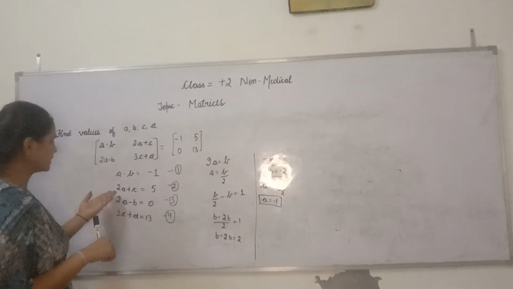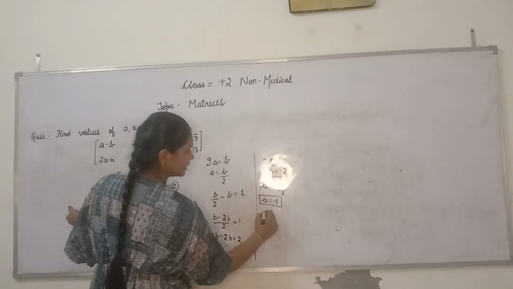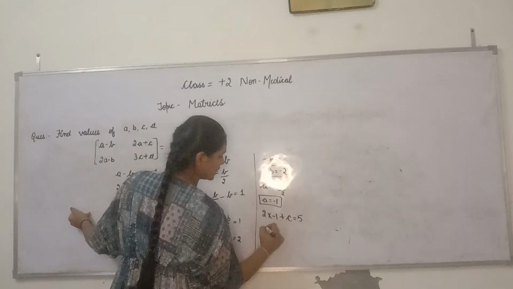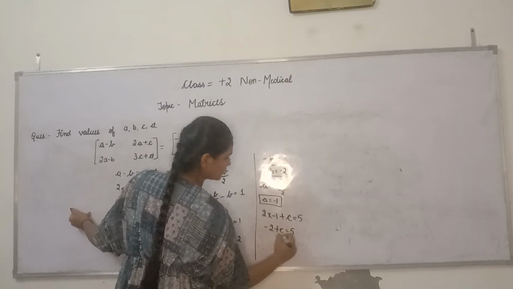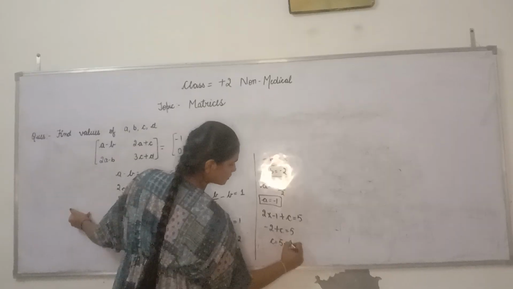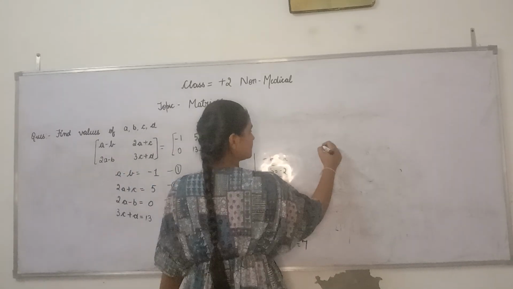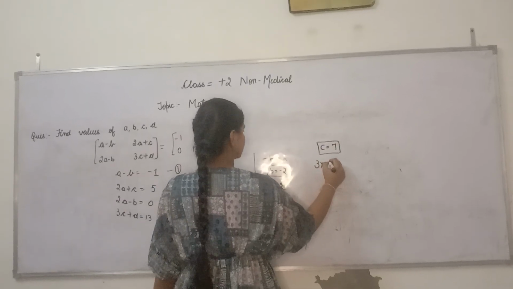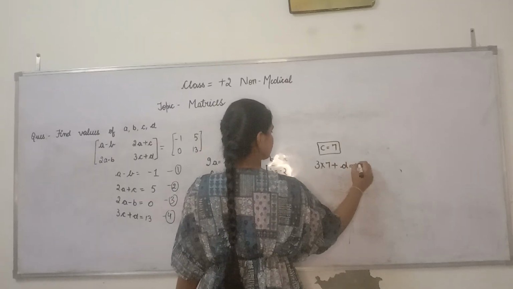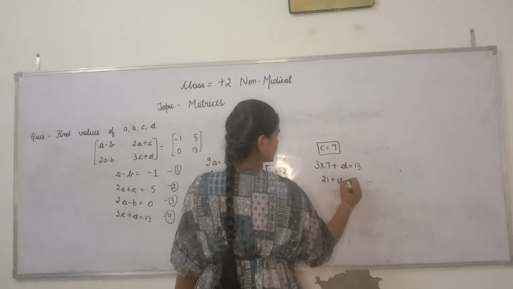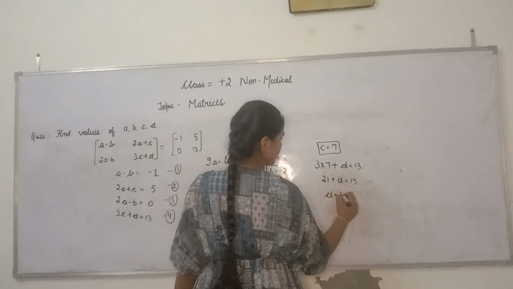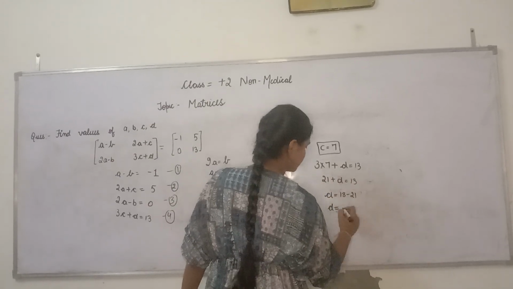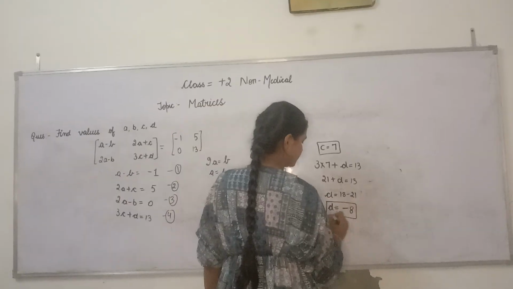And now we will calculate the value of C. As we know the value of A, 2 multiplied by -1 plus C should be equal to 5, and -2 plus C should be equal to 5, and C should be equal to 7. Value of C is 7 and value of D is minus of 8. So